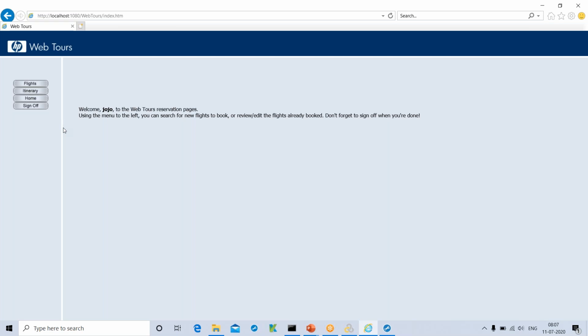What I'm interested in knowing is how much time it has taken for the login to happen, and for the home page to get displayed. That is where a performance tester is more interested.